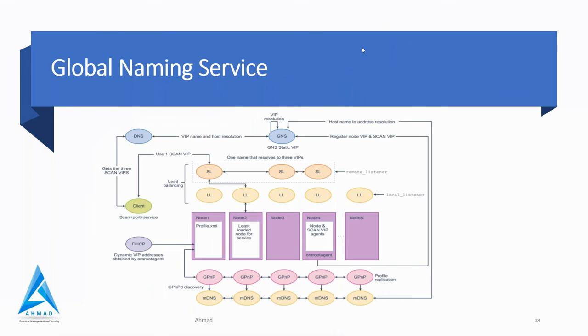Now see that internal diagram. Very easy, but better to see yourself. Is this picture visible to you guys? Not that visible.